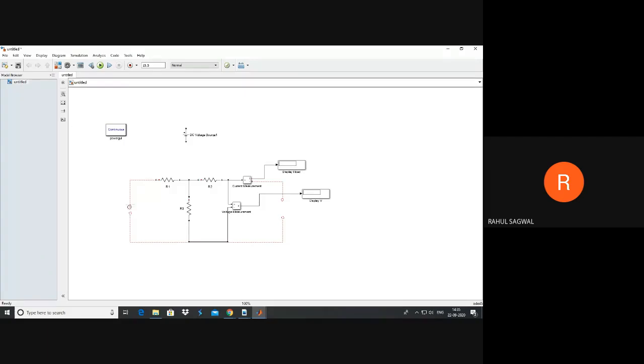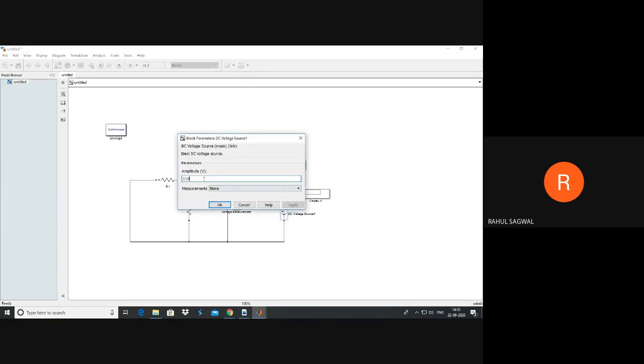So for calculation of RTH, we need to short circuit this branch. That's done. Next, we need to add a source on this side. What should be the value of this source? You can select any value.